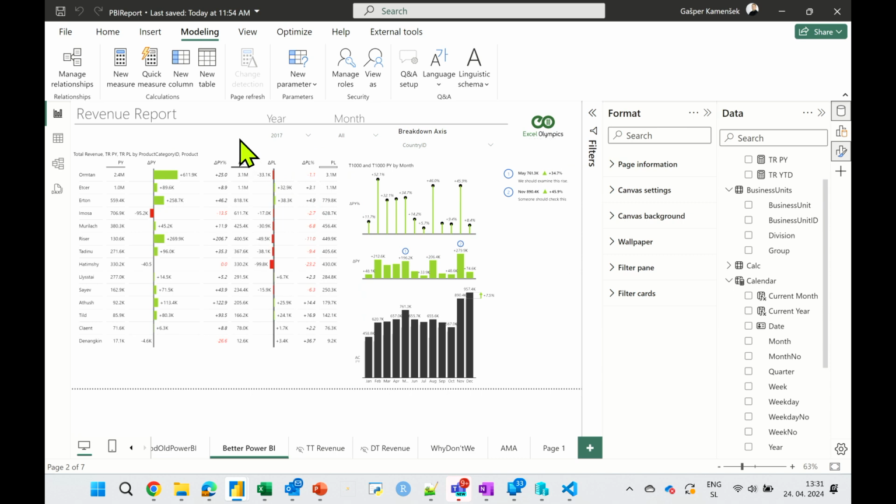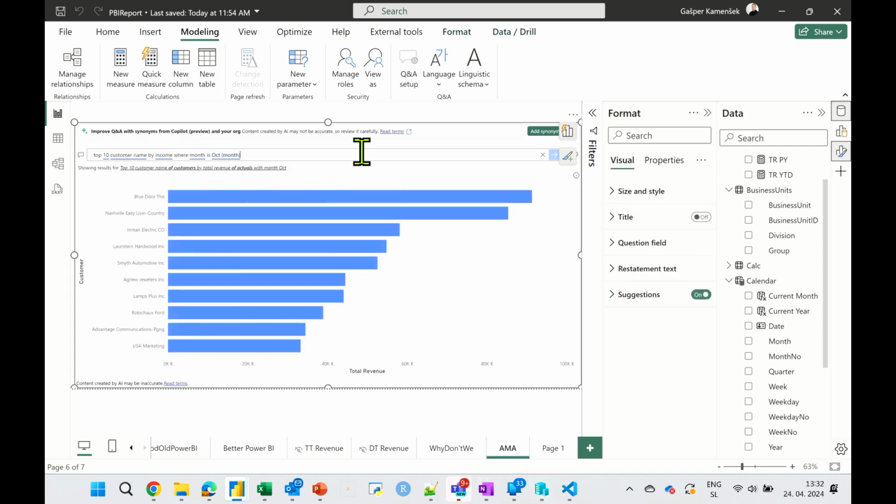And now let me go, before I put this onto the service and show you how it's working there, let me show you one more really cool thing, and that is this. In Power BI, we're basically creating a model.